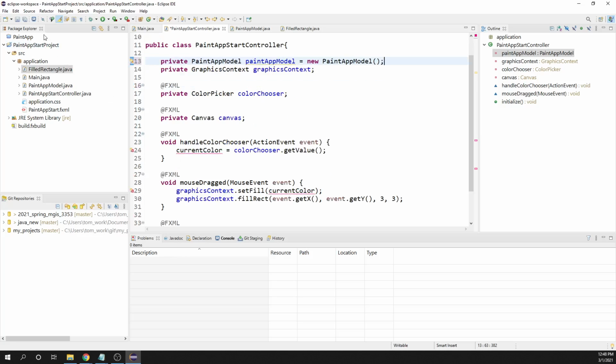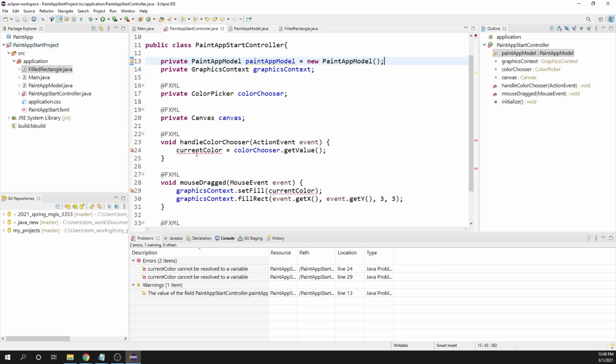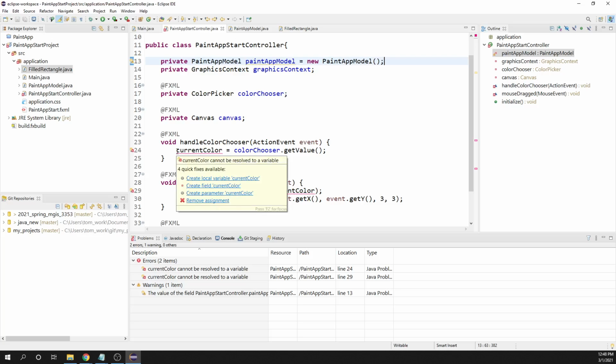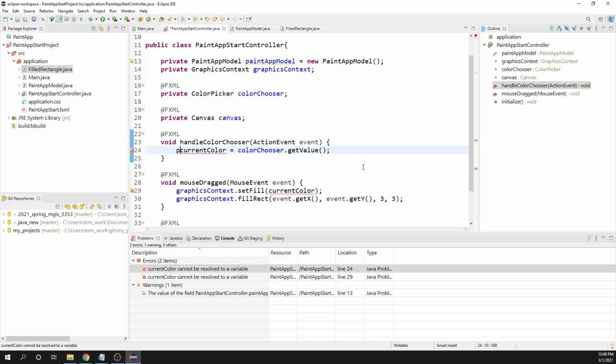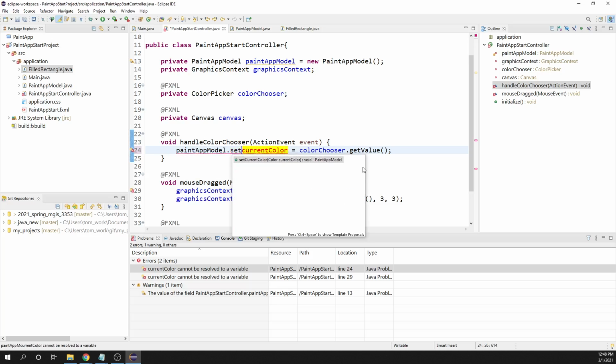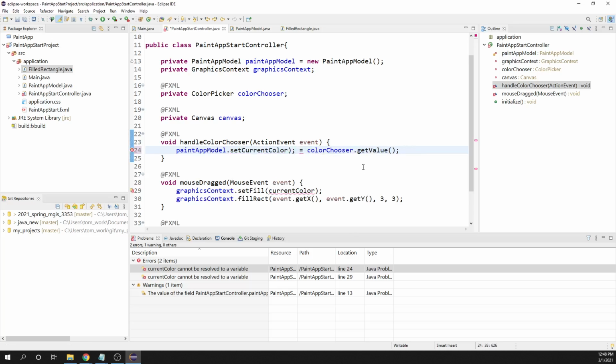We have some errors right here. So let's save this. All right, current color, right? It can't be resolved to a given value. All right, so we took that variable out and put it in the paint app model. So what we're going to do is change this to updating our model. Paint app model dot set current color, and we're going to get the